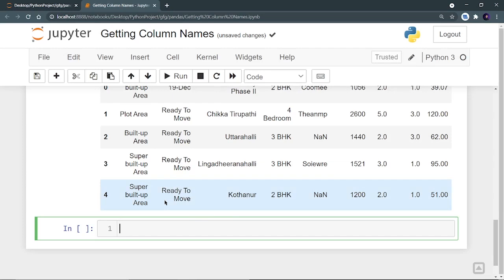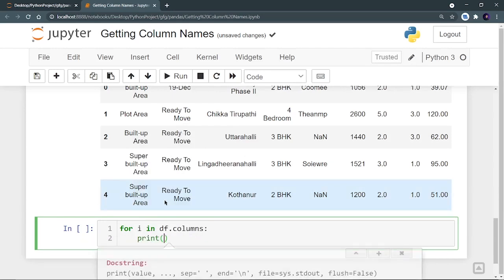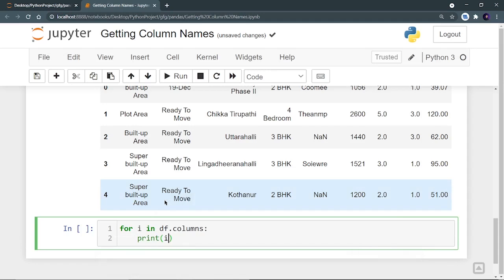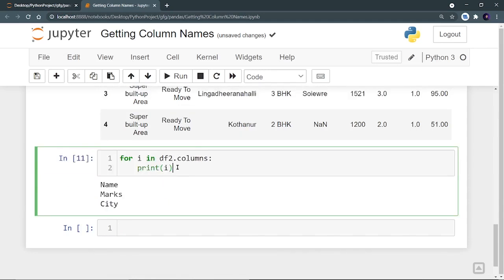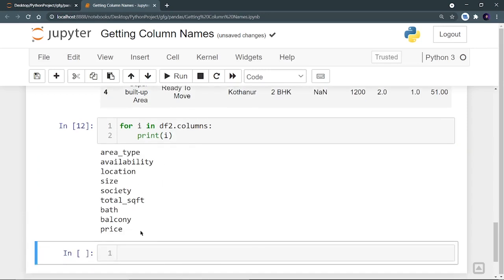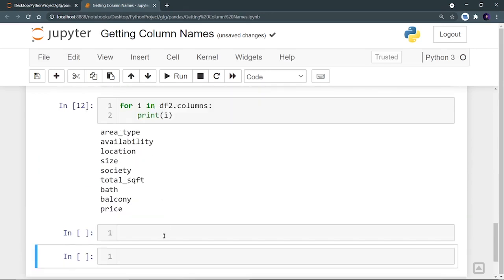So first of all, let's use a for loop. So for i in df.columns, print i. Let's run it. Okay, I have to make it df2. Let's run it, and I can see that these are the columns. Let's get a list of the columns.